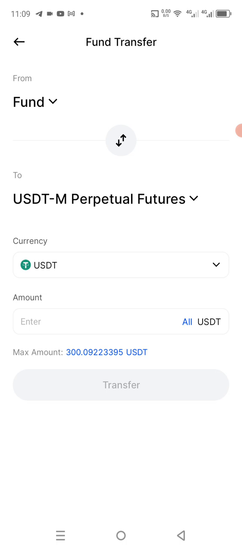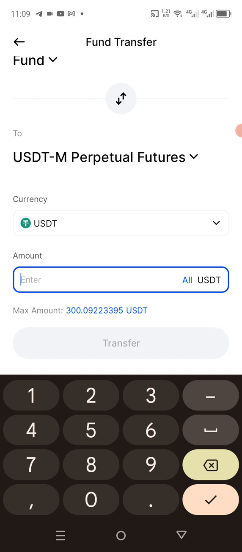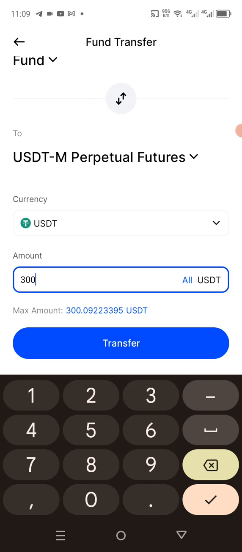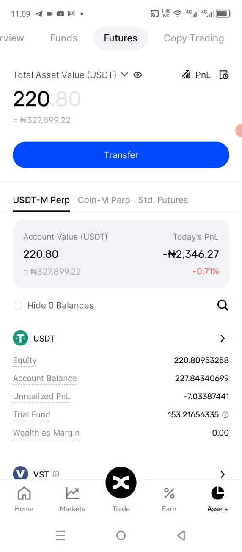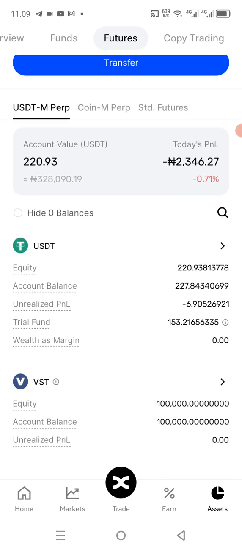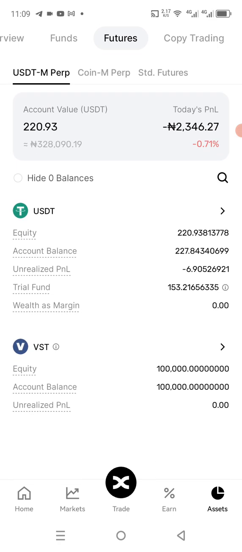If I want to transfer the USDT, you can see the maximum I have is 309. So if I want to transfer the USDT now, I will just click 300 USDT. Once I click transfer, the money will be transferred to my features account. Okay, let's go back. Now, having transferred money to your features account,